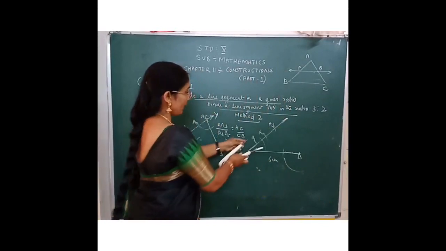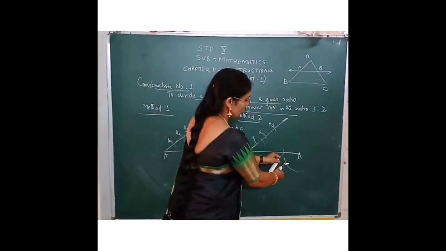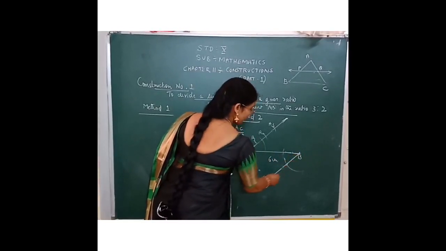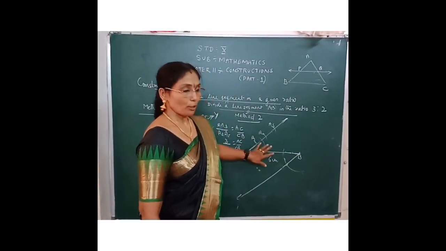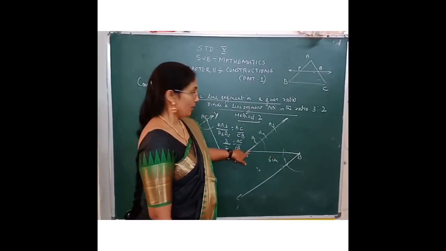Okay. Then after that you will take this distance and just intersect this arc. Now you can see that this one you have drawn like this. Now these two lines will be parallel. So first what you should do is make an angle at A, an acute angle at A, by